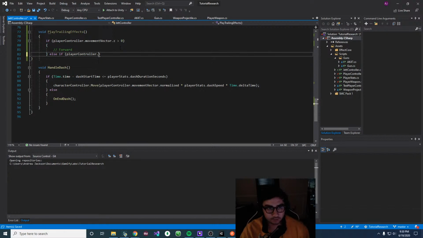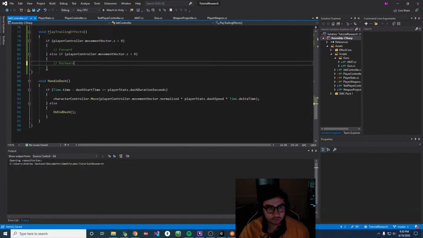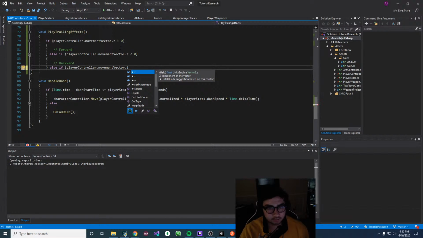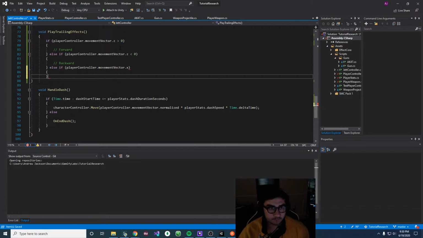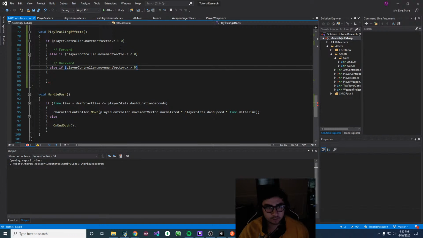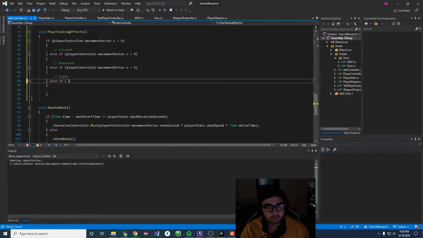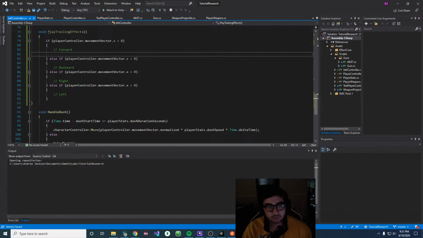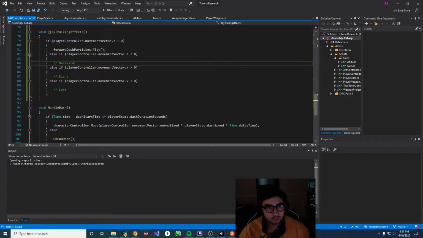Else if player controller dot movement vector dot Z is less than 0, then we'll play backward, because that's what Jett is doing. Else if player controller dot movement vector, so this means that the Z is 0, and now we're just moving either left or right. So X greater than 0, we are moving right. And then I'm gonna just do a final else if to check, because if we do an else, it'll cover more cases than we actually intend to, just as a logical thing to do. So we play forward dash particles play, okay. And so this should cover